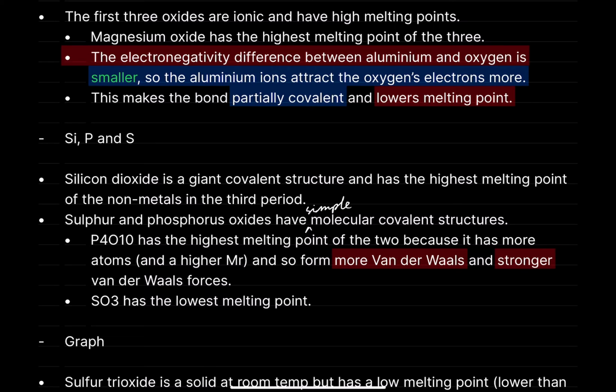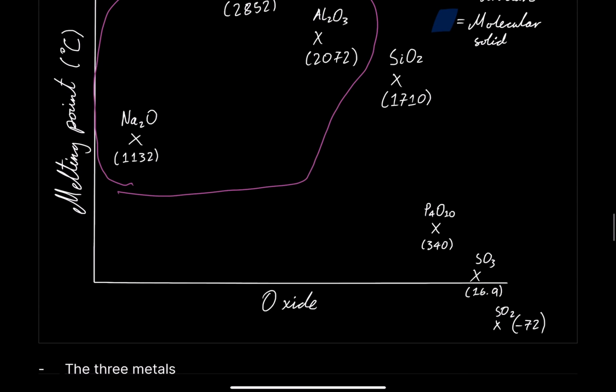But in the exam, I don't think they put a massive emphasis on you explaining both. As long as you emphasize the point, either that there are stronger van der Waals intermolecular forces or more van der Waals intermolecular forces, that's the big thing, because you'll very likely get a question structured by saying P4O10 and SO3 are both simple molecular covalent structures, so why is there a difference in melting point between P4O10, which is here,